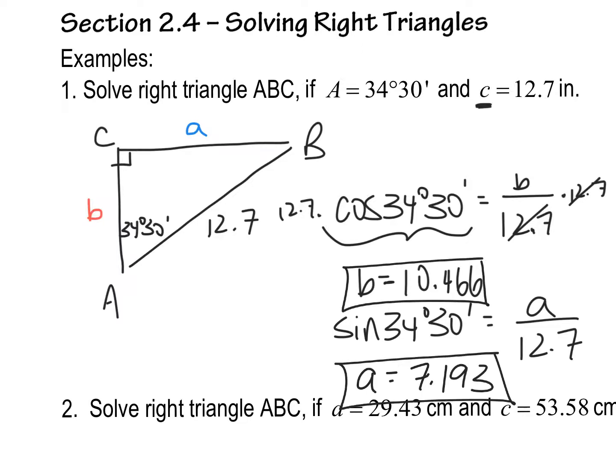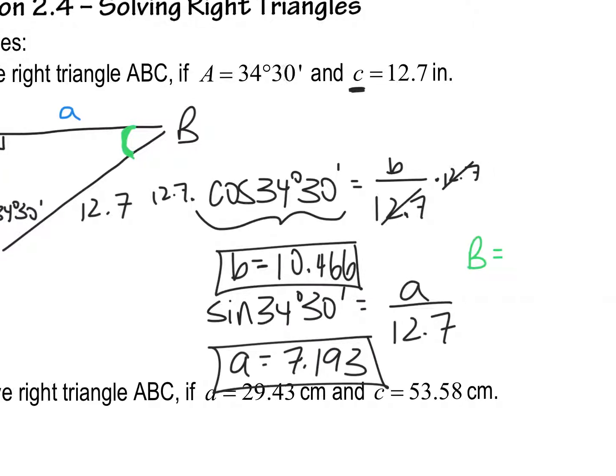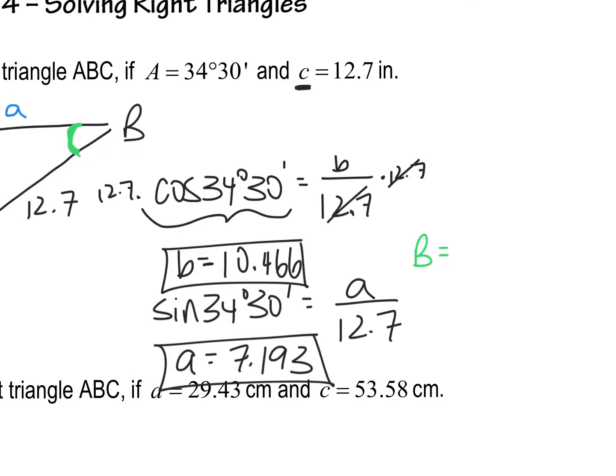And the only other thing we need to find is this angle right here. But keep in mind that we know that this angle plus this angle plus this one adds up to 180 degrees. So all we have to do is subtract in order to find that. So in order to find B, all I'm going to do is subtract from 180, and that's going to get me B equals, let me check my math real quick, 55 degrees,